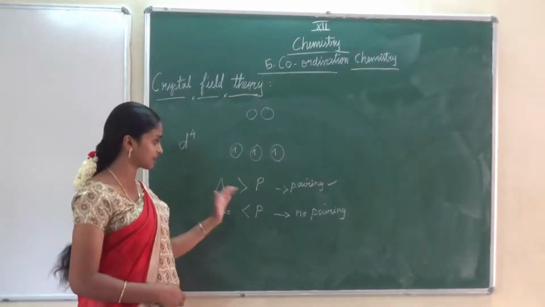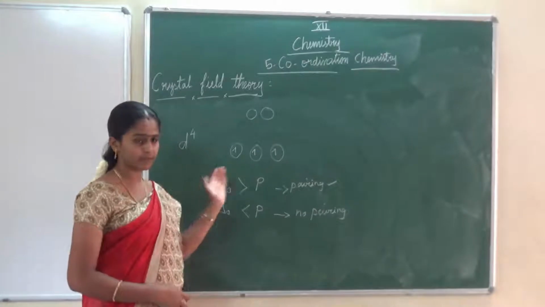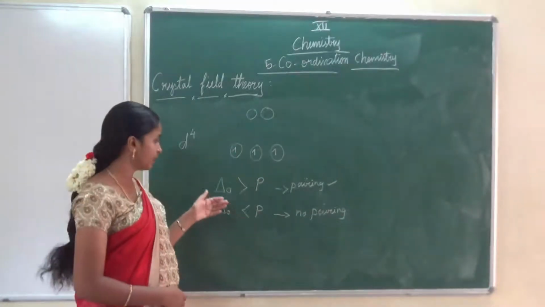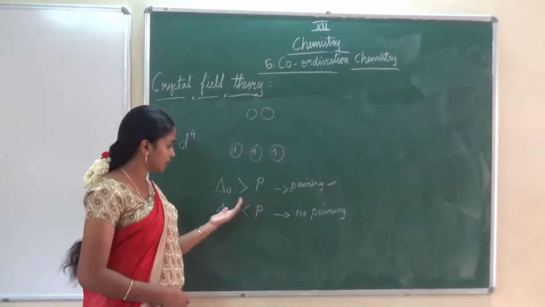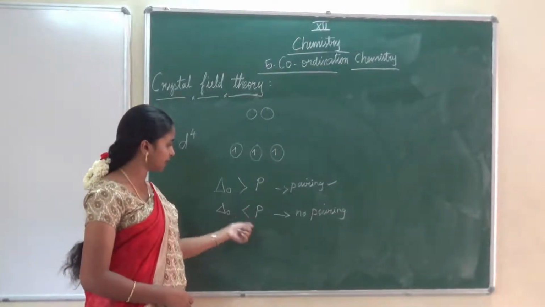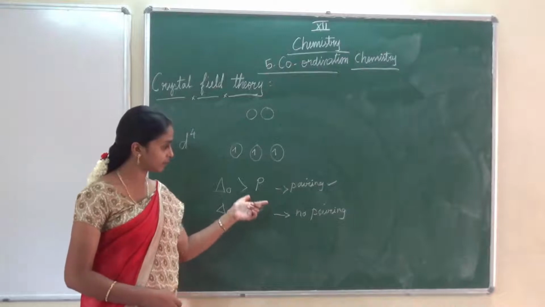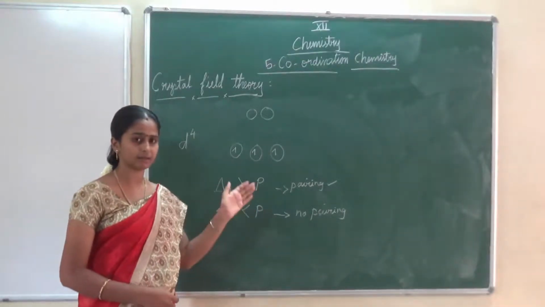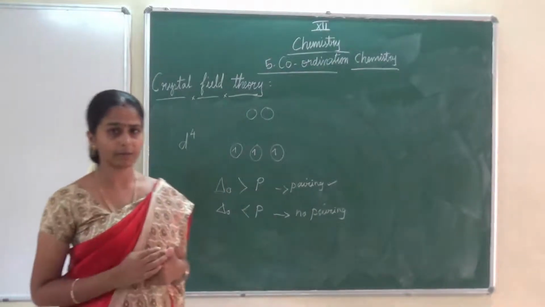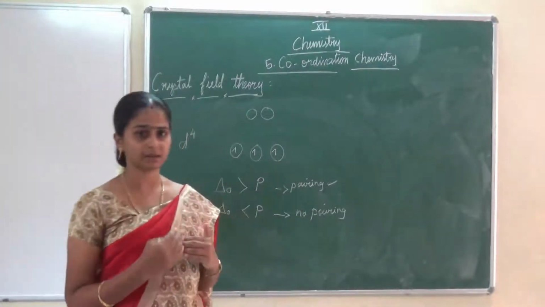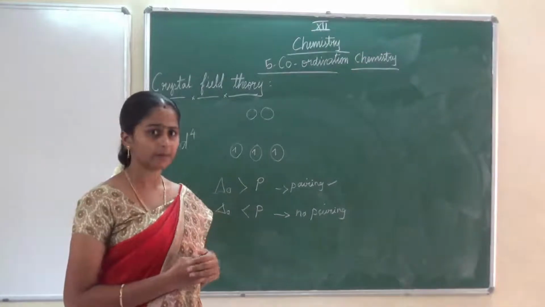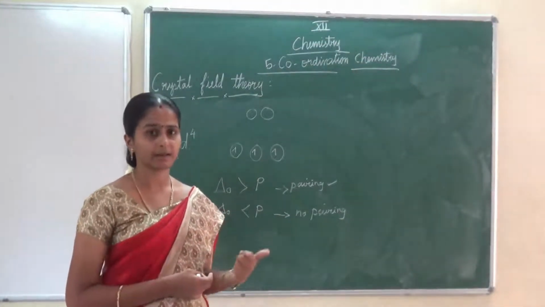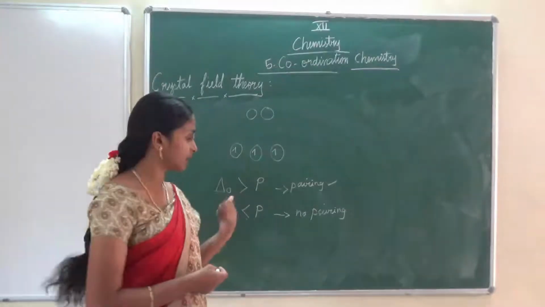Based on this, compare them. If it is greater, then pair the electrons and find the magnetic property or whatever it may be. If it is less than the pairing energy, then the electrons will remain unpaired, no pairing will take place. Then based on it we can find the magnetic properties. Most questions they ask from this are on magnetic properties. We must remember whether it will pair or not, then only can we calculate the magnetic property.